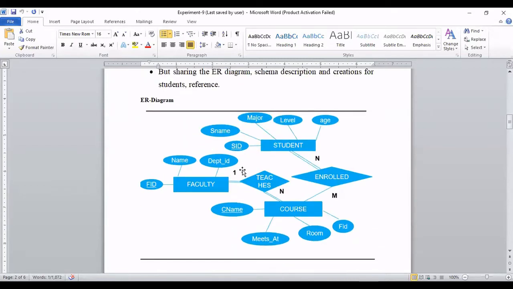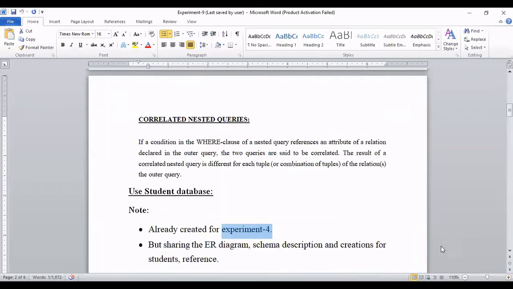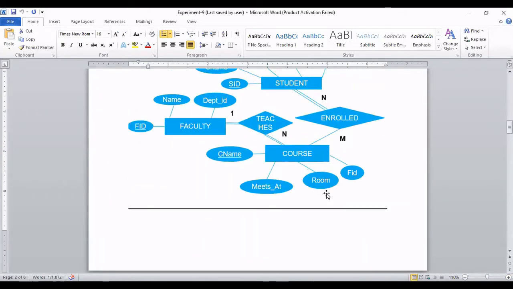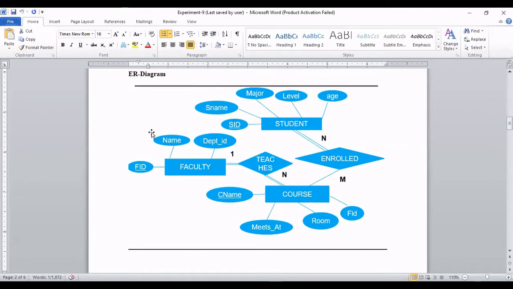We have already created some tables. Again, I'm repeating this thing. Give me two to three minutes so that I can explain what this database is. This database is describing a university, a sub schema of a university, where we have not added the library part or some other part. So here it is the academic part only.